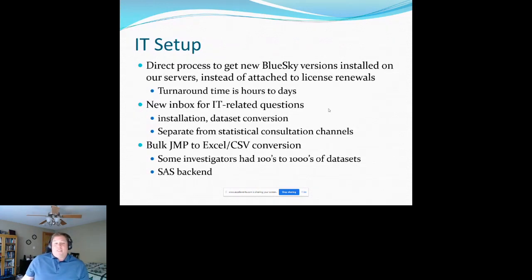We had to do some IT setup. We have a much more direct process to get Blue Sky versions installed on our servers. That turnaround time is now hours to days instead of being attached to a license renewal that's very infrequent. We set up separate inboxes for IT-related questions. We had people staffed to handle them, separate from our statistical consulting center. So they can handle things like installation questions and bulk JMP to Excel CSV dataset conversions. Some investigators had hundreds to thousands of data sets that they needed converted. So we developed some SAS tools on the back end to have that work no matter where they lived on